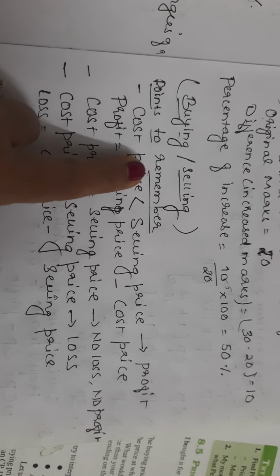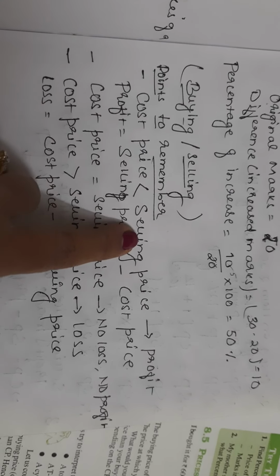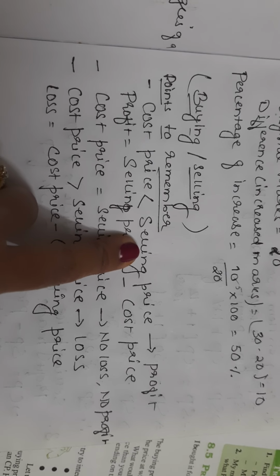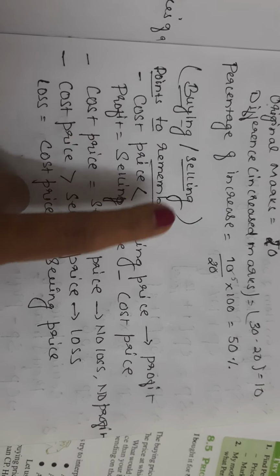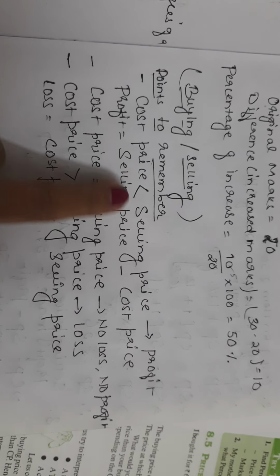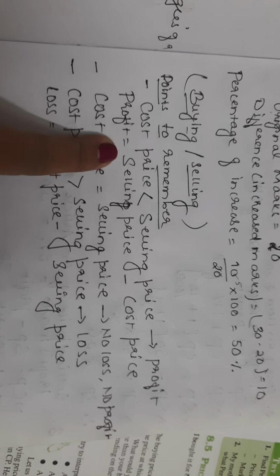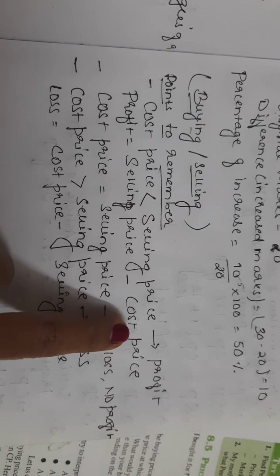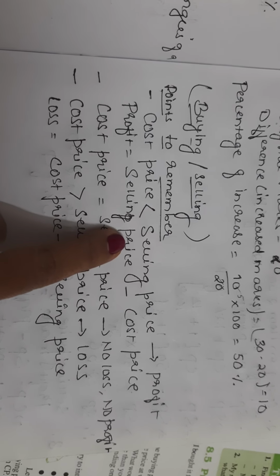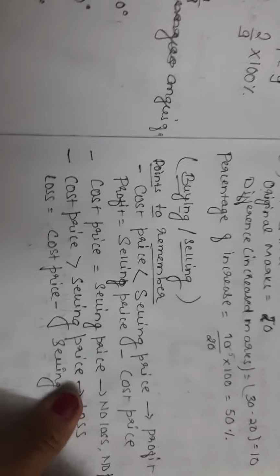So you being the shopkeeper, you have bought the book from the wholesaler for rupees 90. You are selling it to the customer for rupees 110. You are buying it for 90. You are selling it for rupees 110. You are making profit on it? Yes. How much? Cost price minus selling price or selling price minus cost price? The profit is always selling price minus cost price, because the selling price is higher than the cost price. The selling price is 110 rupees and the cost price is 90 rupees.